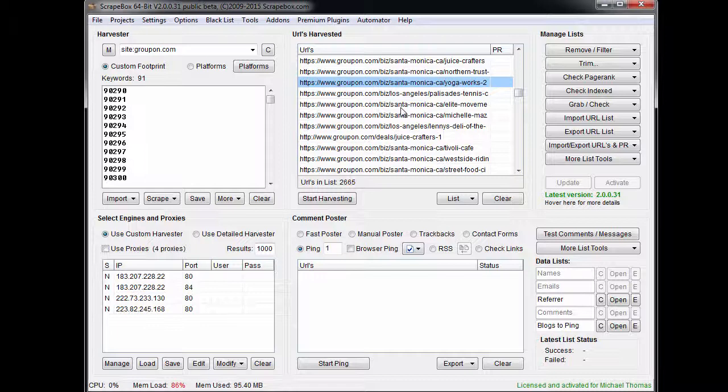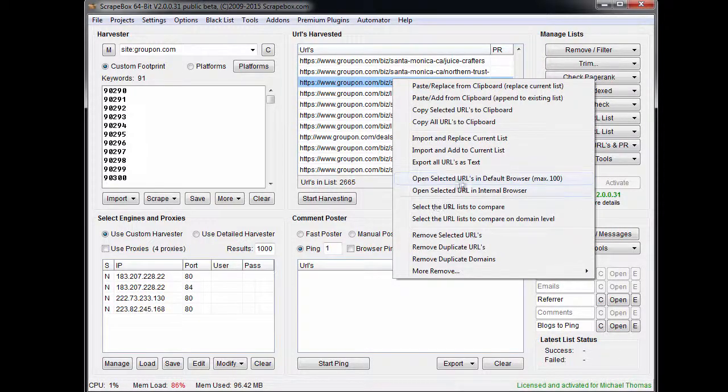So from here what we want to do, because on Groupon they don't actually list an email address for the business on the page that has the listing or coupon, whatever you want to call it, is find the websites of these businesses and then look at those pages to get the email addresses. So we're quite lucky in that if we look at any of these pages, let's see,